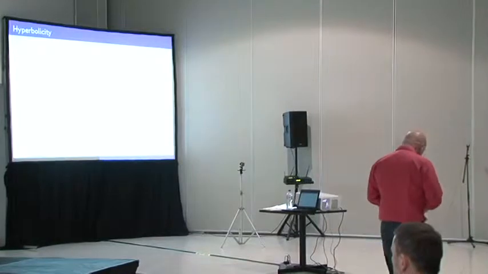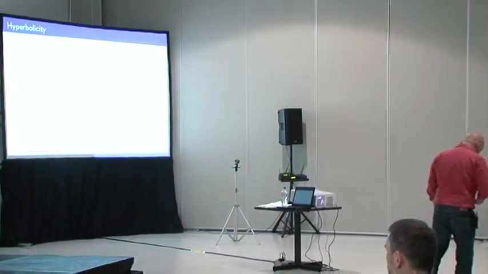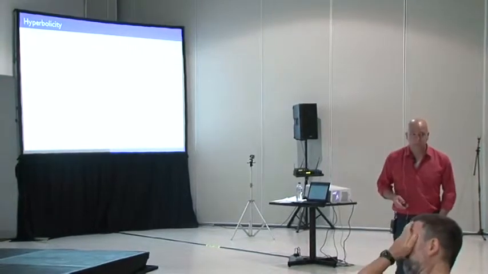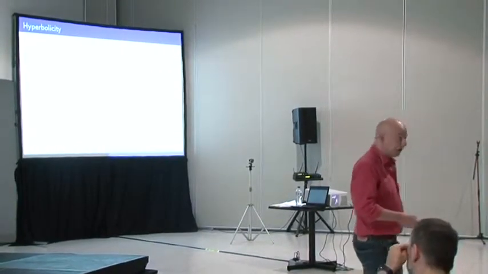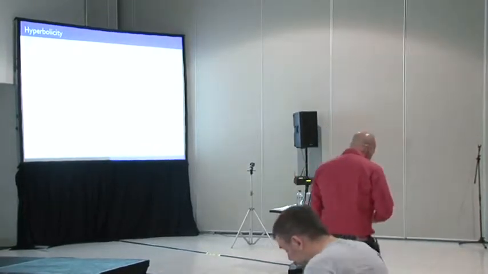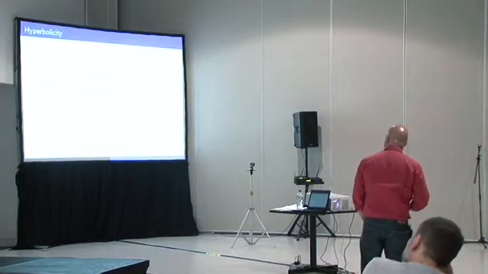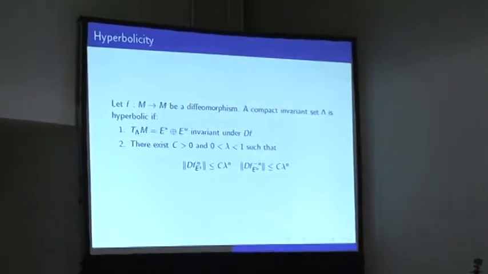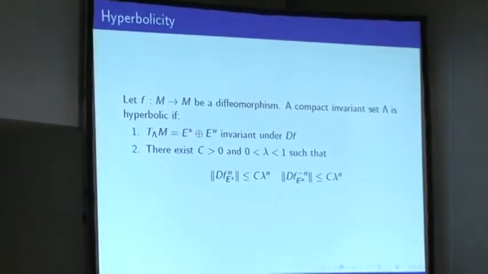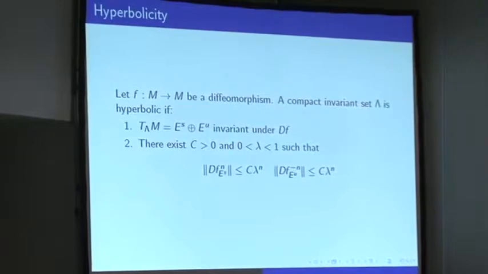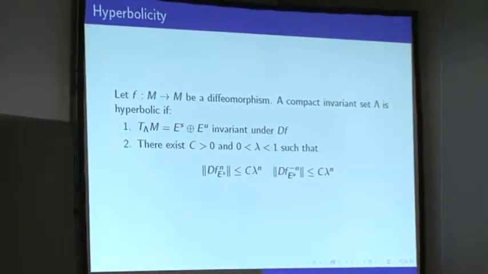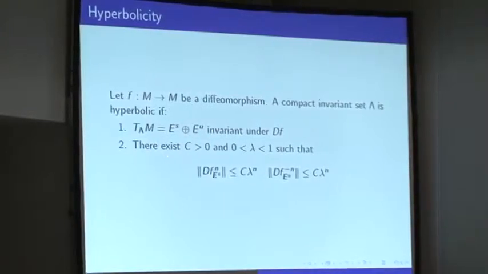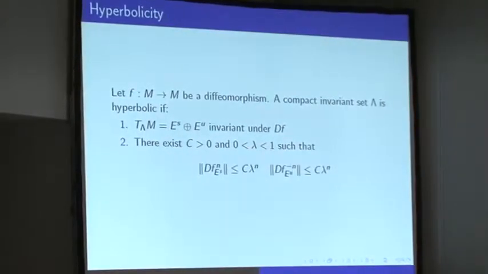The Smale horseshoe came in the beginning of the 60s, and it was the starting point for hyperbolic theory. At the beginning it was very complicated, but this was the starting point of hyperbolicity, and this means the following: when we have a diffeomorphism, a compact invariant set is called hyperbolic if we can decompose the tangent bundle over the compact set Lambda into two invariant subbundles, E^S and E^U. And there exist a constant C and lambda less than 1 such that the norm of df